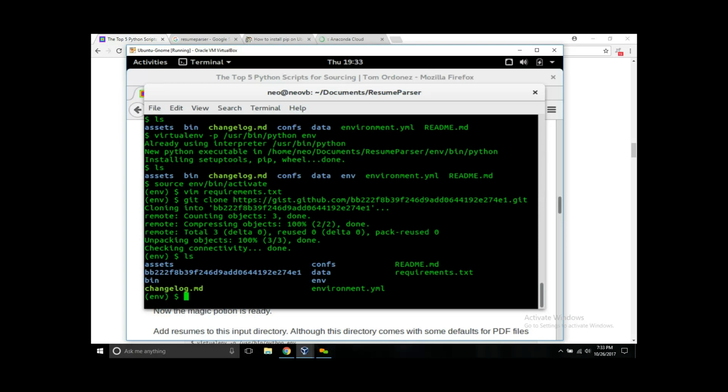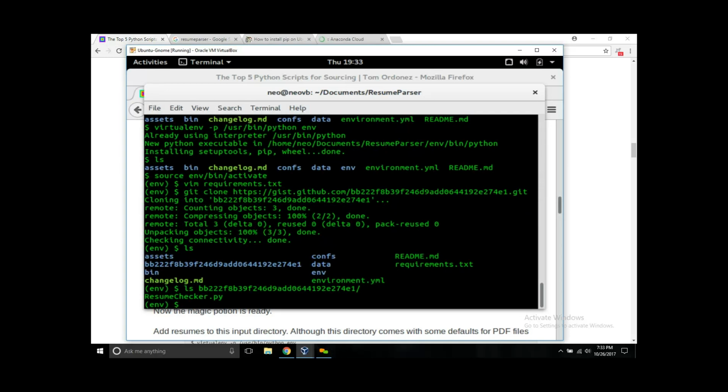When I did that, it created a folder with that name, bb222, etc. But what I need is this file, resumechecker. So I need to move it out of the folder, and to do that,